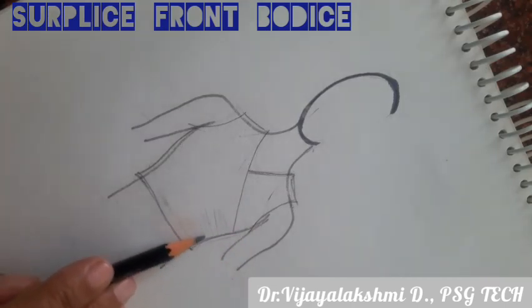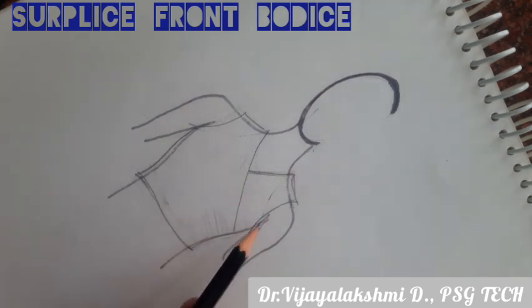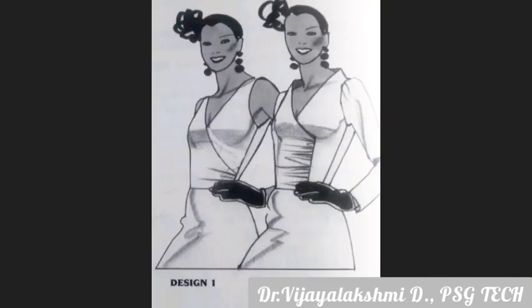You can even have some gathers here in the bodice. This can also be a variation, and this level can be raised up, and that can also be a variation here. Here in design 1 you can see the level of the asymmetrical is lowered and you have gathers at the sides. In design 2 you can see it doesn't come till the side seam. It just stops at 3/4 of the bodice widthwise.